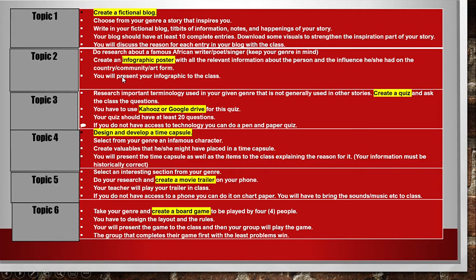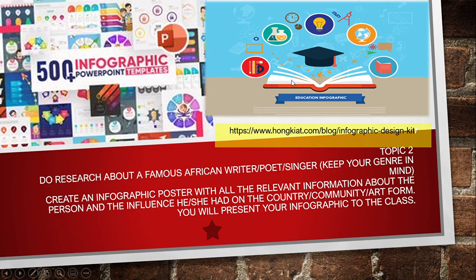And then this learner during the oral will present and discuss this infographic poster with the class. To aid you in this, you will see this slide and there is a link to infographic designs. So you are more than welcome to go and have a look.